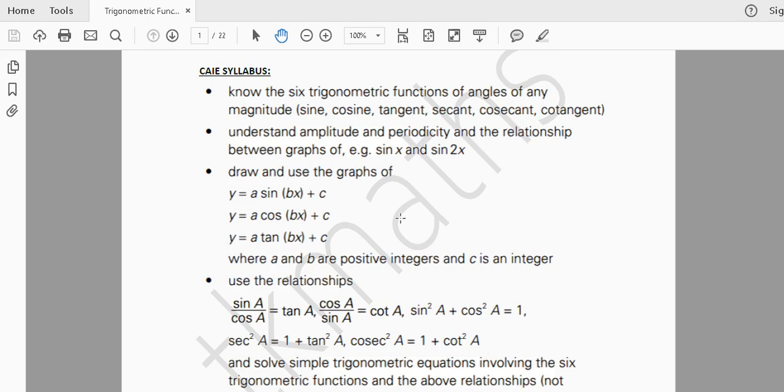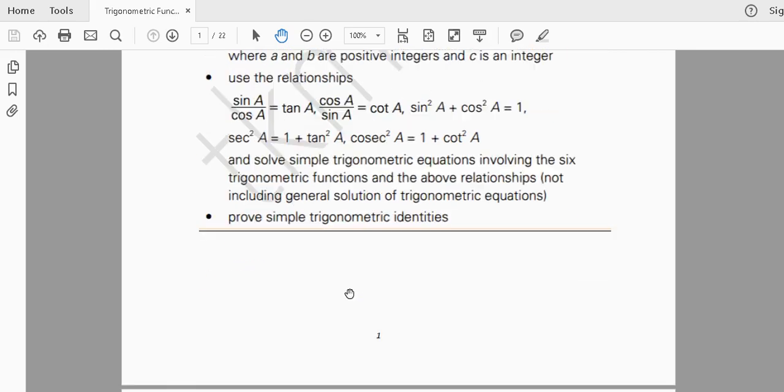The basic is that you should know what is base angle and general angle. Then we will cover sketches of the trigonometric functions sine, cos, tan, secant, cosecant, and cotangent. We just see secant, cosecant and cotangent as reciprocals. We do not learn their sketches. Then we will do identities in which we will use them. And then solving trigonometric equations. So these are the three concepts: sketches, identities, and solving trigonometric equations, right?